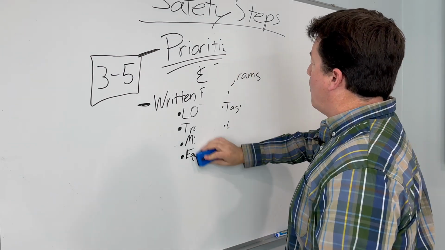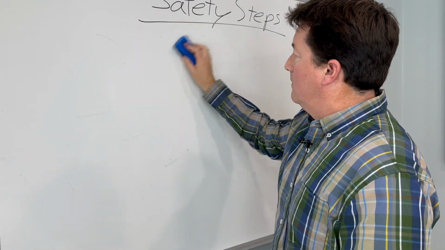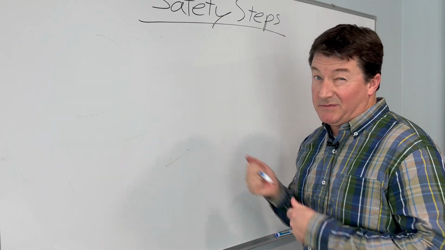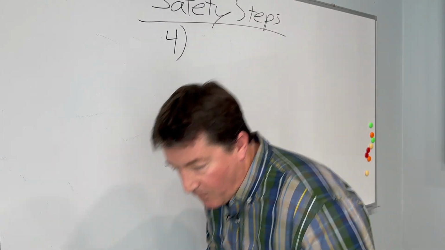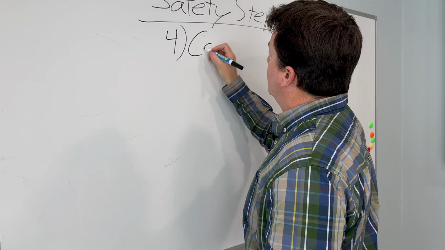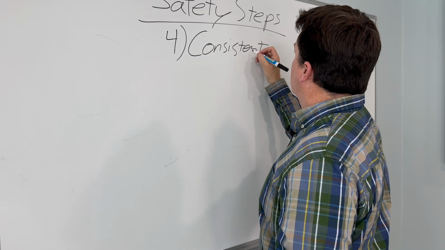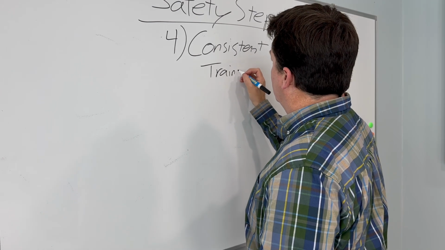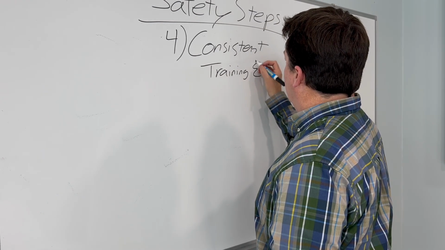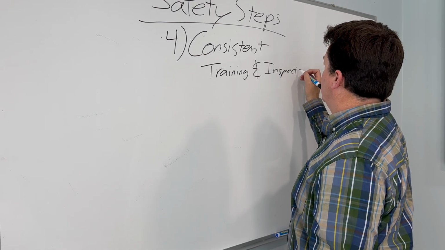prioritize. Prioritize your training. All right, so where do we go from here? Step number 4. This is where people sometimes get lost in the weeds. Step number 4 is consistent training and inspections. So there's an age-old management saying,